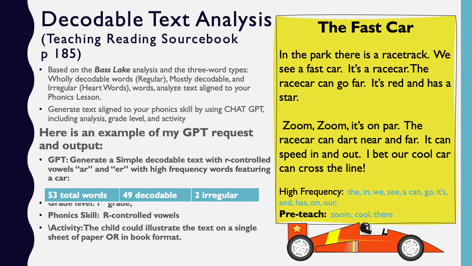I used GPT, and this is what my prompt was: Generate a simple, decodable text with R-controlled vowels, AR and ER, with high-frequency words featuring a car. I wouldn't have had to say featuring a car because I did multiple of these, and one of the times I didn't specify AR and ER, and I got a story about a bird, which was actually pretty cute